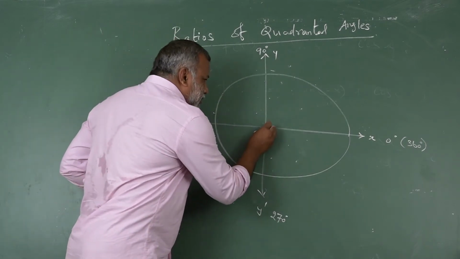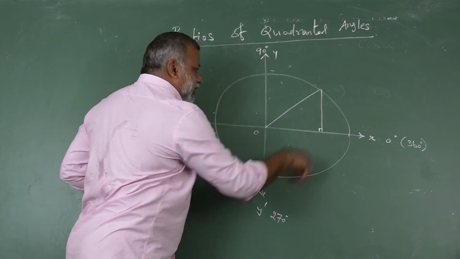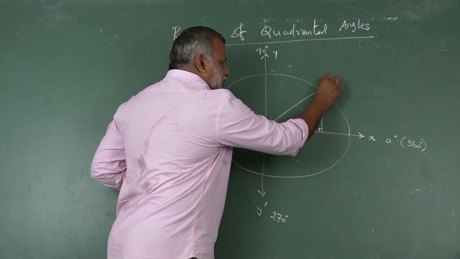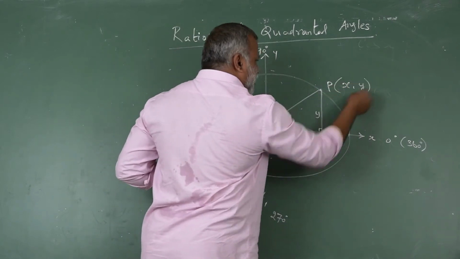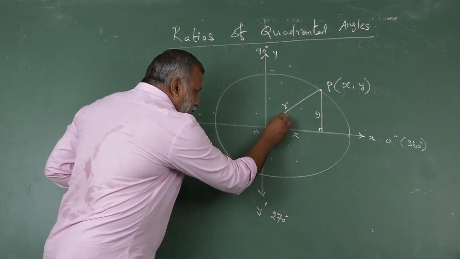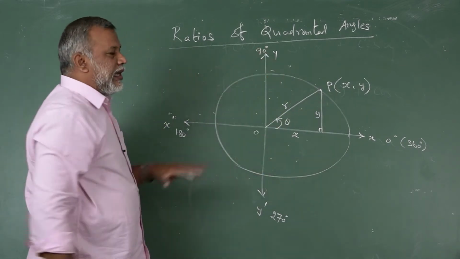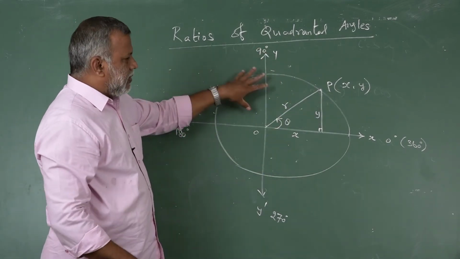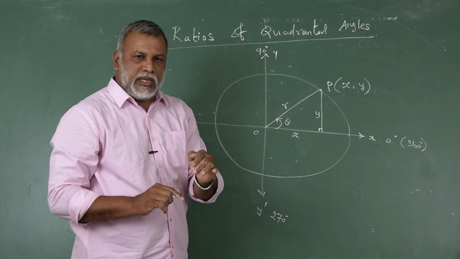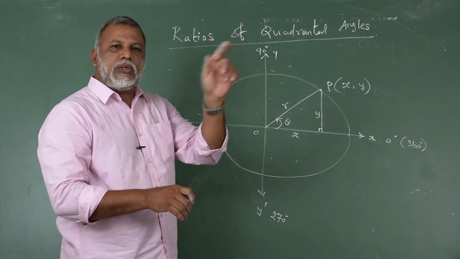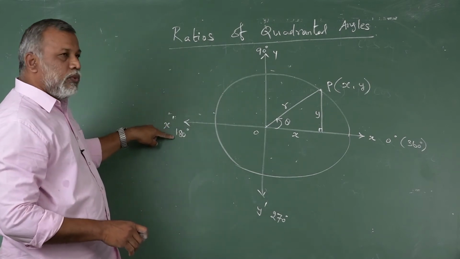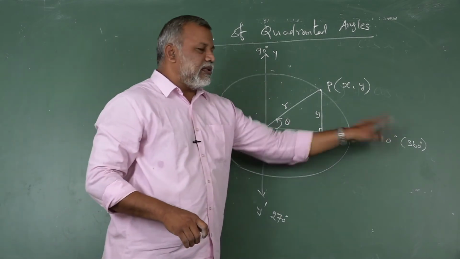Now see this. We are taking a right angle triangle here. Say x unit, y unit. Then this is the point P of x comma y. All these data are well known. Consider this is radius r. Now this is an angle theta. All these concepts you will know. Now we are going to learn about ratios of 0 degree, already well known in your 10th standard, and also ratios of 90 degree. Then we are going to take out the ratios of 180, 270, and once again 360.